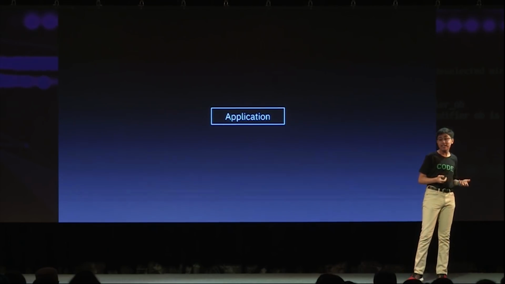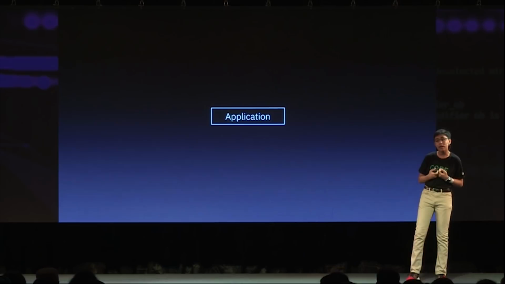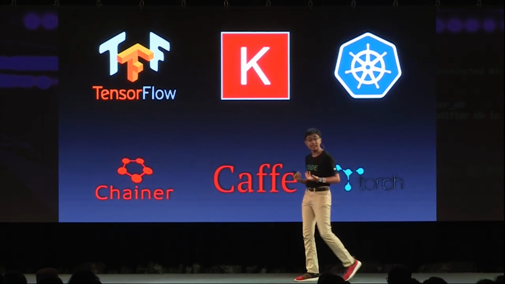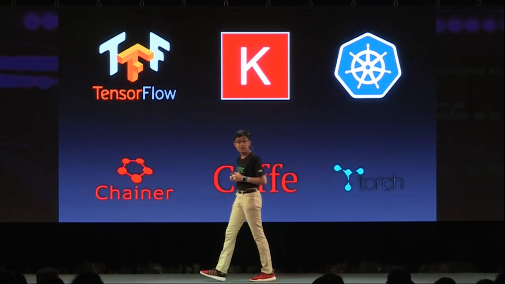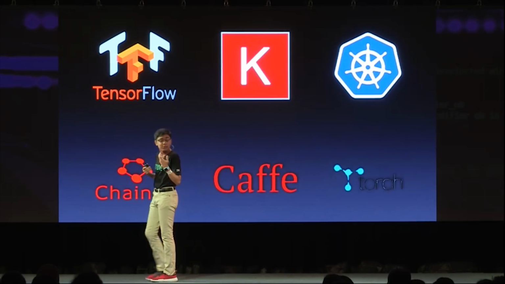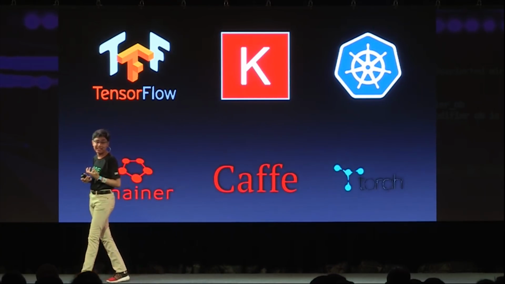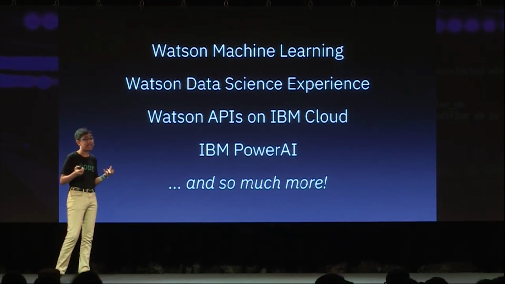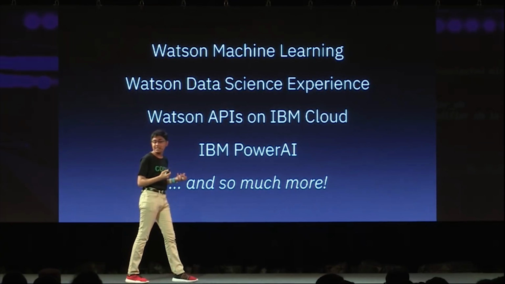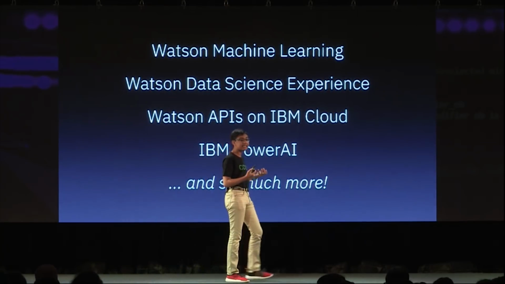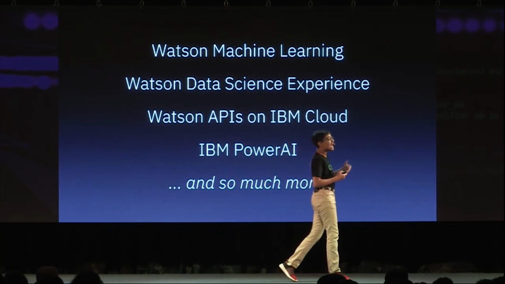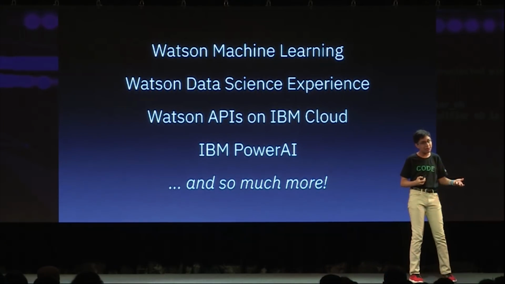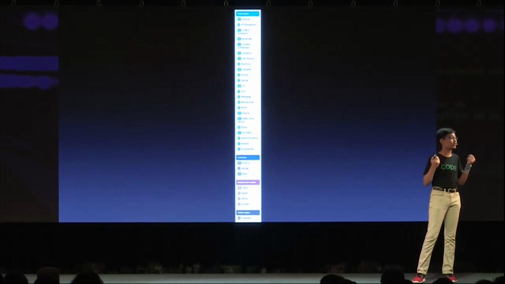And then the best part is, you're not even just limited to IBM Cloud products. You can also use all of your open source tools that you currently use in your applications. So you can power your apps with practically anything that you'd like. And of course, though, you also have the powerful IBM Cloud tools at your disposal. You can make use of Watson Machine Learning, the Watson Data Science Experience tools. You can even use the actual Watson APIs on the IBM Cloud. You can use technologies like Power AI, and so much more.